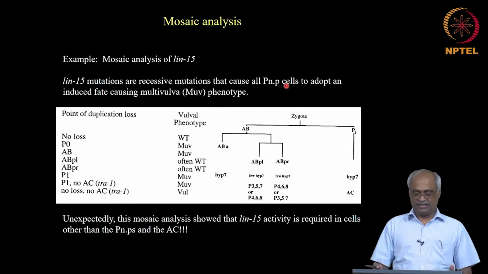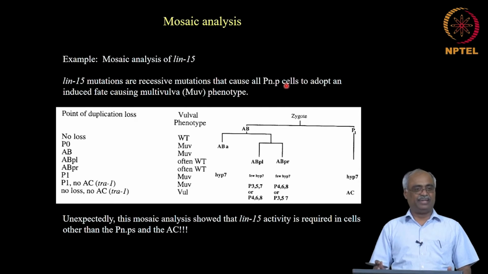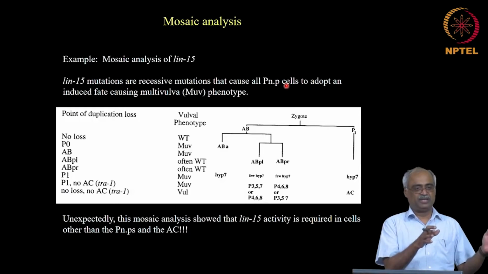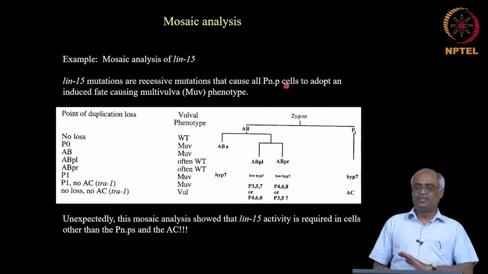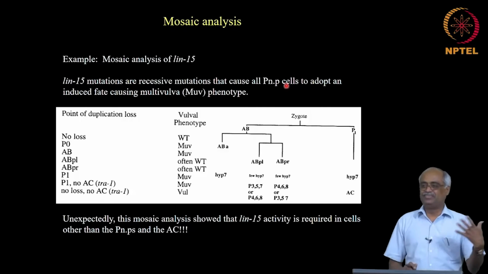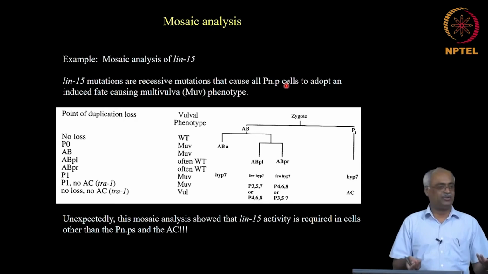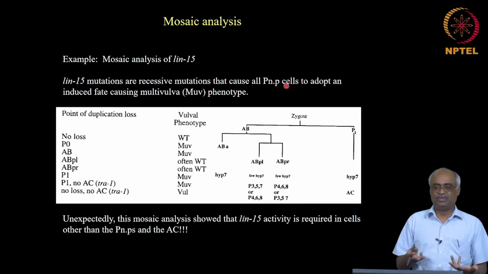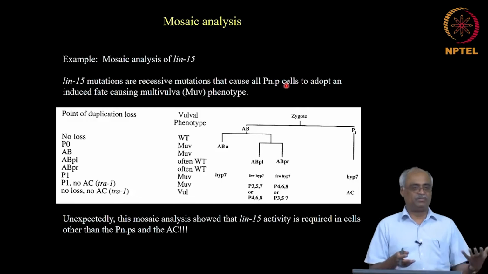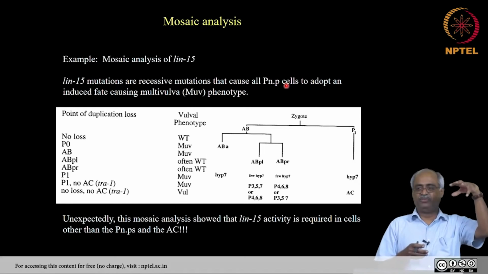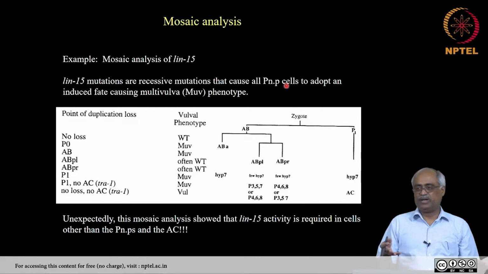Alright, so here is an actual real life example of mosaic analysis. The reason we did not stop there is that it does not catch our attention the way seeing an example does. So, here we are going to look at the vulva. We learned those genes Lin15, Let20, Let60, Lin23, all those genes. Now where are they required? We have PNPs, we have tertiary fate, primary fate, and these have descended from some cells from the embryo. At what step these genes are required, there you get help from mosaic analysis.